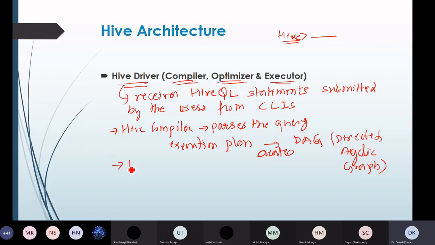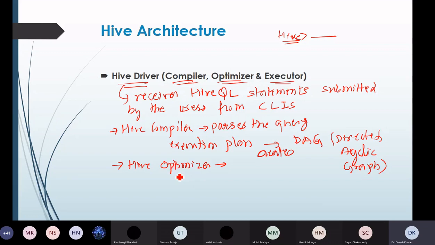Now the next is the Hive optimizer. This optimizer performs the transformation operation on the execution plan. The execution plan generated by the Hive compiler is taken by the optimizer, and it transforms that operation and splits the tasks into parts to improve efficiency and scalability.